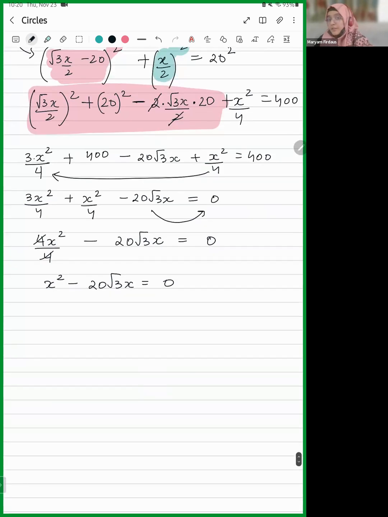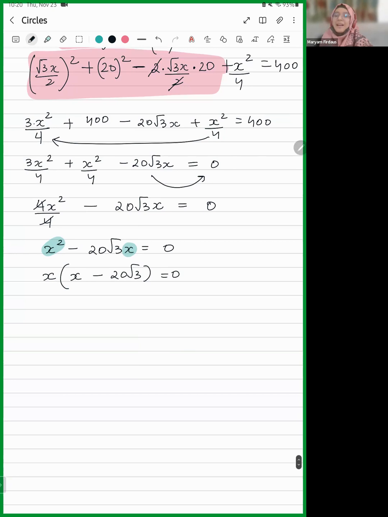Now you guys have learned factorization. This is where that factorization comes into the picture. You take x as common because from here you can see x square over here and x over here. So you can take x as common. And then what are we left with? In the first term, we are left with x, and in the second term, we're left with 20 root 3, is equal to 0. So when we have a situation like this, see,